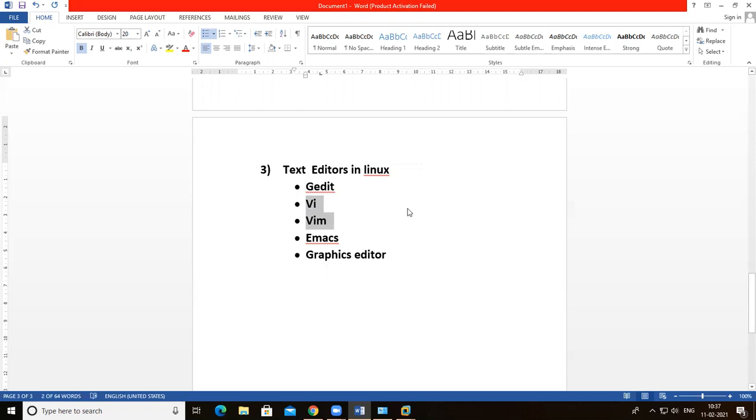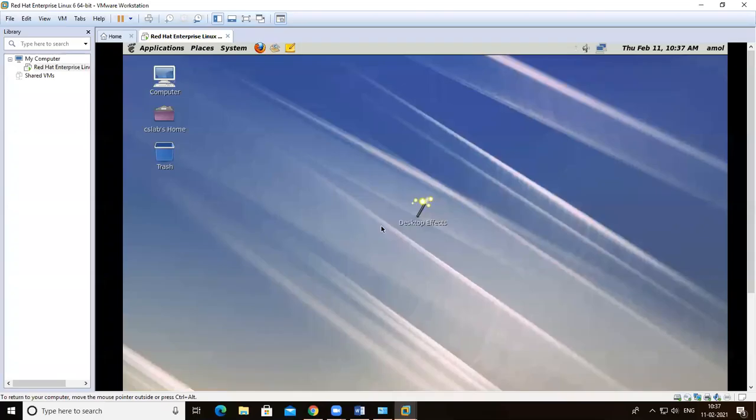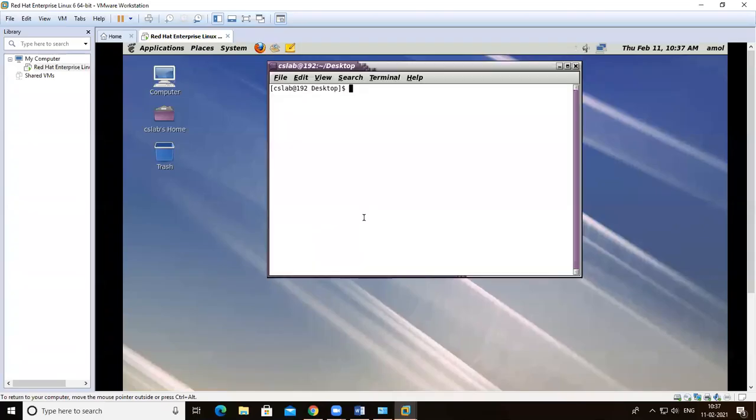That is VI and VIM are highly configurable editors. So it is built to enable efficient text editing, and it has two modes in VIM, the command mode and the insert mode. Okay, command mode and insert mode means what? Just see this. Suppose I want to create one file, that is M1.